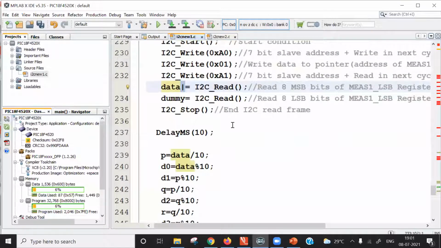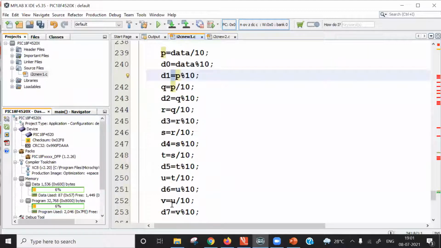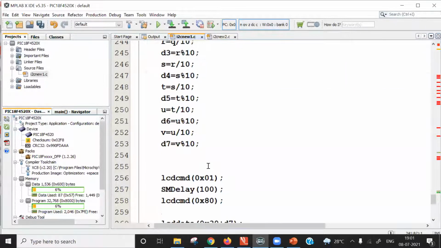Now what I am doing next is, the data is received in this data variable and it contains a total of 24 bits. In 24 bits, there are 8 digits. If you convert the 24-bit binary result into a decimal number, there will be 8 decimal digits. Those 8 decimal digits will be separated out with the help of modular division. In the ADC program, I already discussed modular division. With its help, I have separated out the 8 digits D0, D1, D2, D3, D4, D5, D6, D7. So conventional division and modular division operations are done here to separate out the decimal digits.